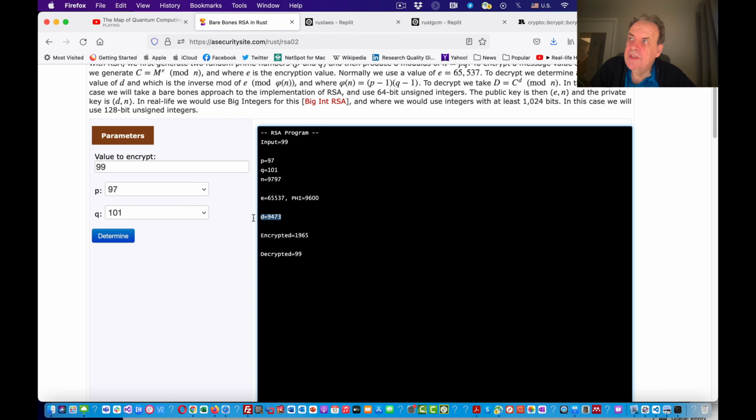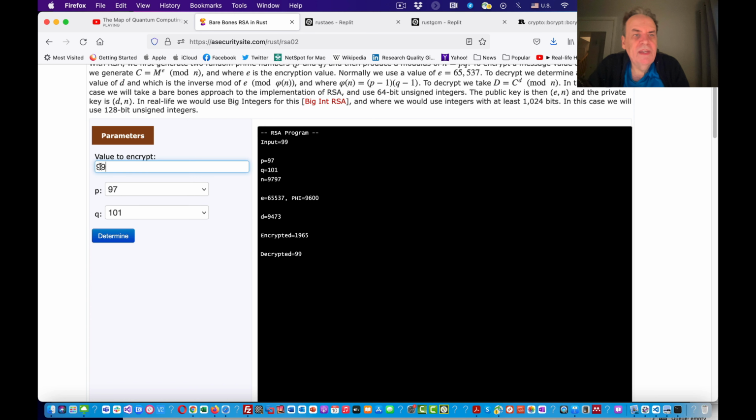We take the inverse mod of E, mod phi, to calculate D, which is our decryption key. We raise a message to the power of E, mod n, and then we decrypt by taking that cipher value, raise it to the power of D, and then take mod n for that, and we should end up with